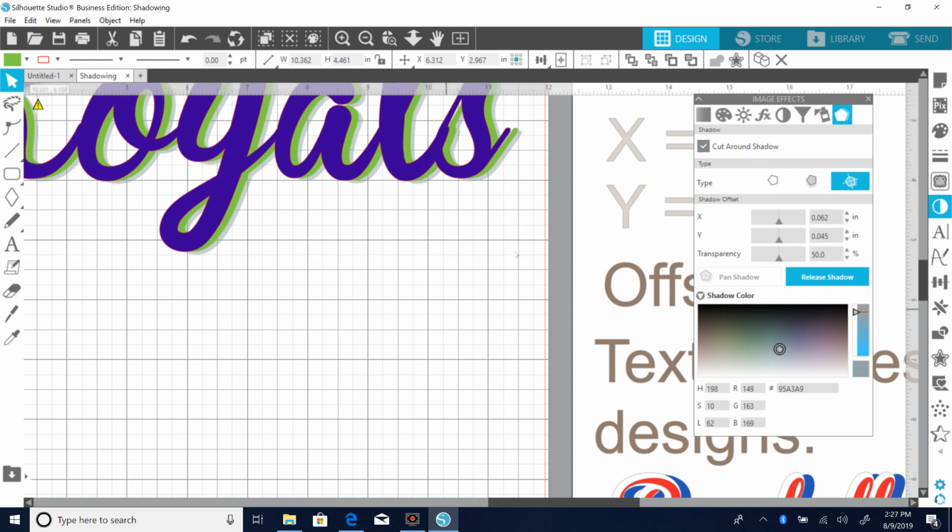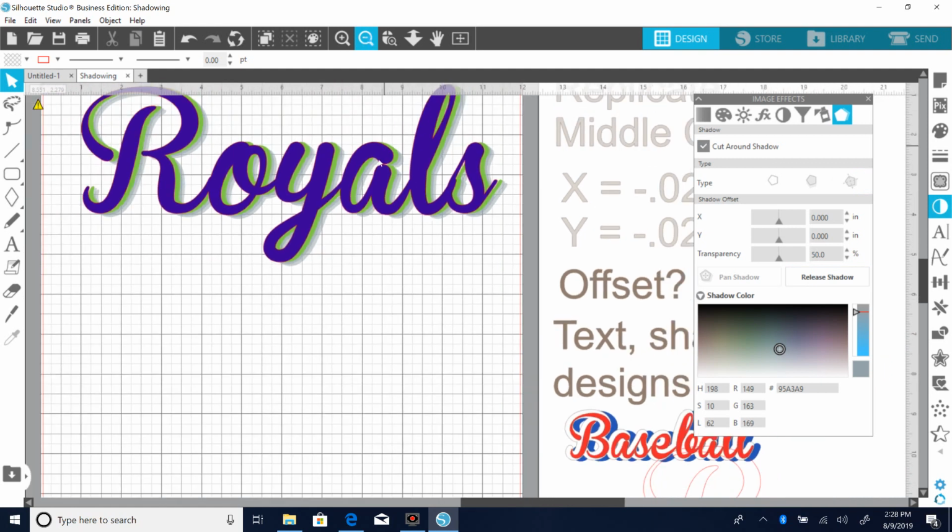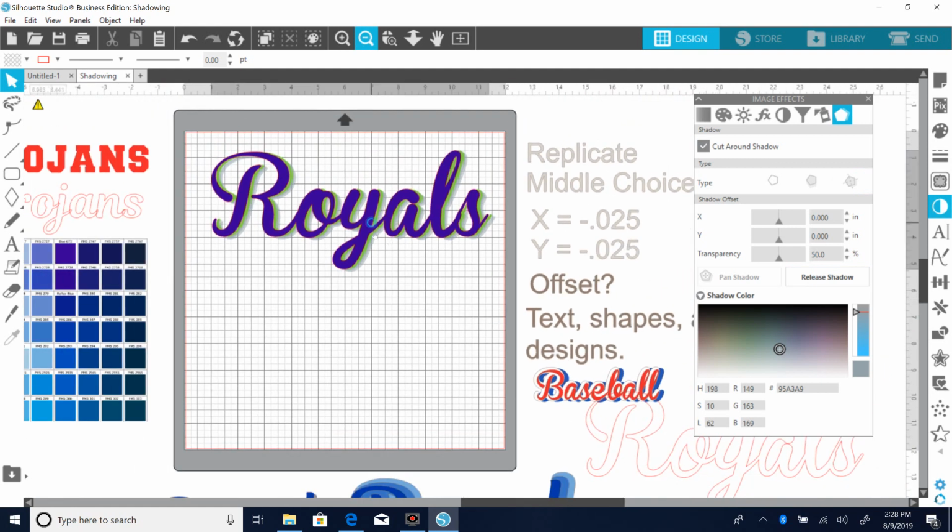And I'm going to release that one. Now I have the 2, so I'm going to click on that one. I'm going to get a shadow, release shadow, and now I want to see what I have here as far as the shadows. So I have my original,